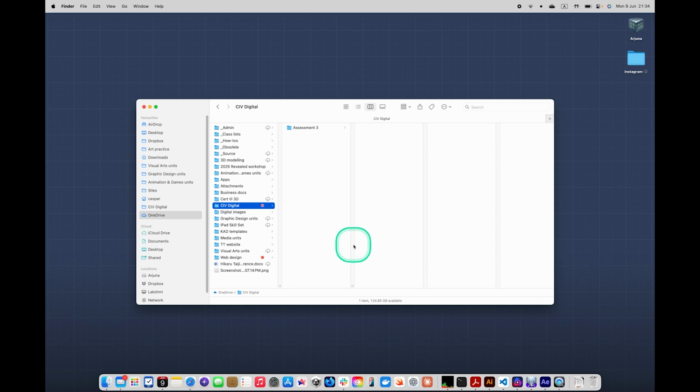The better organized you are, the better your work will go when it comes to working with computers, especially. But that's particularly true when you're working with After Effects. You really need to keep your work super organized. So let's have a look at that to begin with before we dive into After Effects itself. Okay, so here I am, I'm in the Finder,